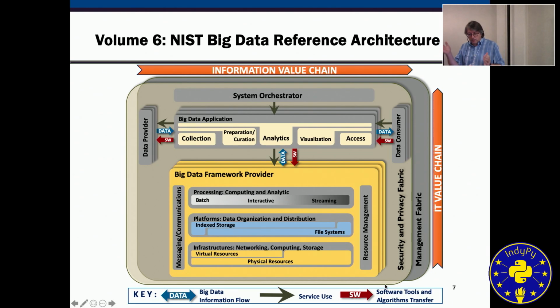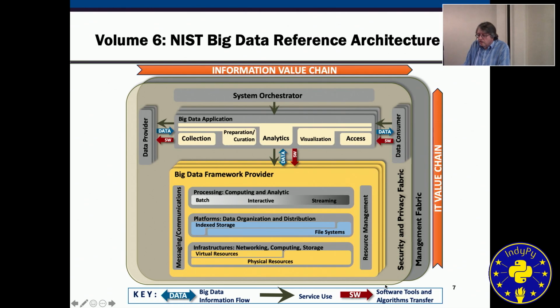Naturally, we need to communicate between these components with messaging, and need to also be integrating strategies for resource management. All this is embedded in a security and privacy framework and fabric, so that you can make decisions about, okay, do I want to expose this to someone, or do I not want to expose this to someone? And you can essentially pick and choose from this. And that is embedded, again, in the management framework.